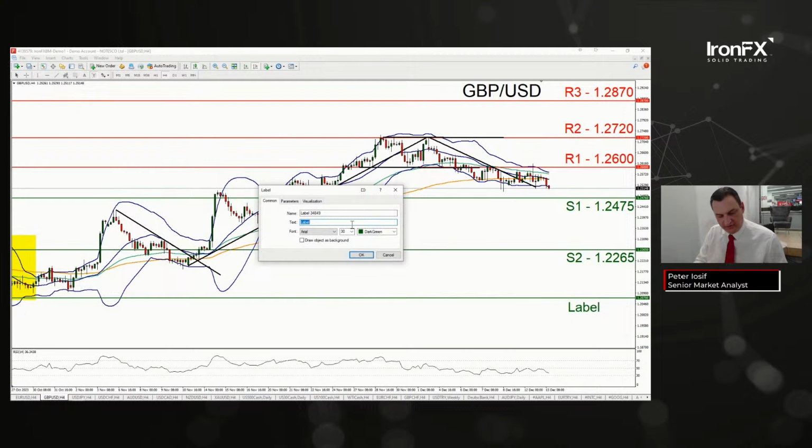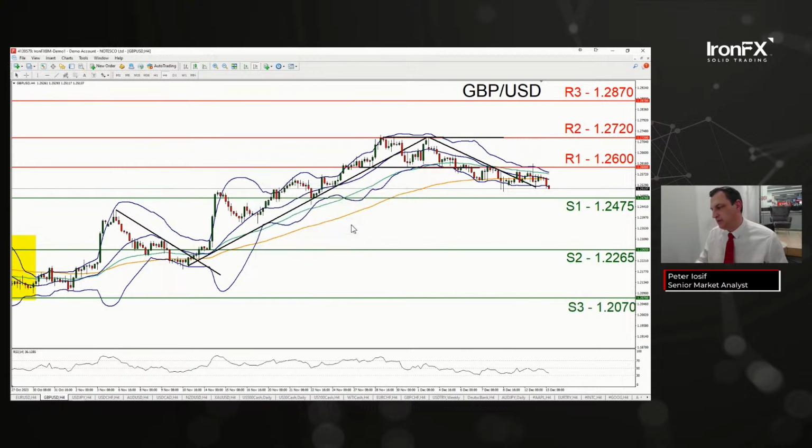Now, for cable, the bearish tendencies seem to be more obvious, albeit we have to note here that the pair was unable to escape the rather narrow corridor set between the R1 and the S1. But note how the last two candlesticks have driven also the RSI indicator lower. That's in contrast to Euro USD. It's currently at 35 and aiming for 30. More or less seems to be more sensitive to a strengthening of the US dollar.